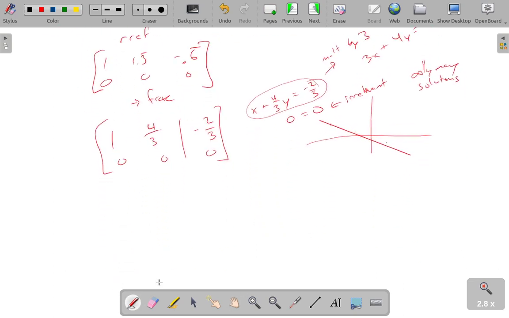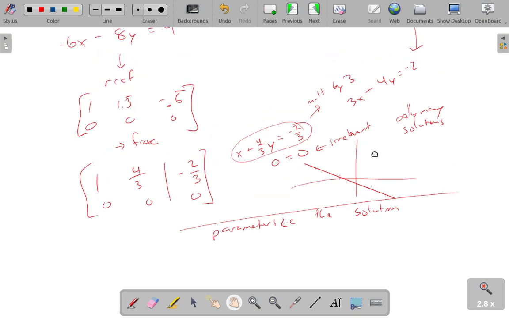Now, let's talk about how to parameterize this. What I mean by parameterizing the solution is, it's all fine and well to say that every single point on this line is a solution, so there are infinitely many solutions. But how would we go about finding these individual solutions? It'd be really nice if I could just have you tell me a value, and because of that value, I do some calculations and spit out a point that satisfies this equation. And so what I'm going to do is say, okay, well,